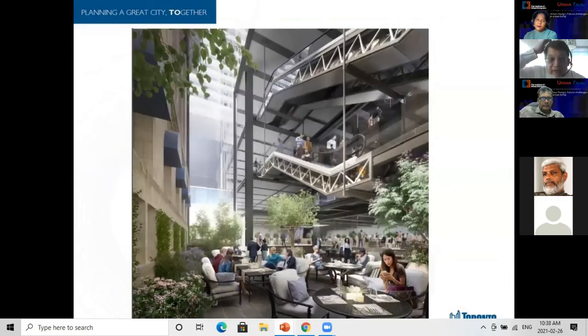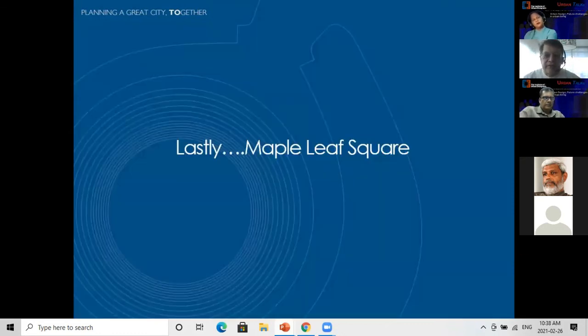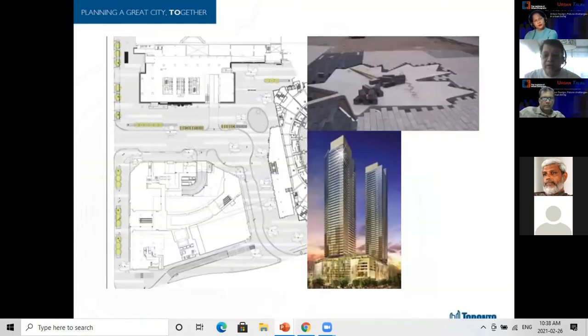So you can see an old heritage building on the left-hand side of this image, and how the new proposal would actually set back from it, but create this interior forecourt that is this public realm that will celebrate that heritage. And then lastly, I want to touch upon a new square that we created called Maple Leaf Square,